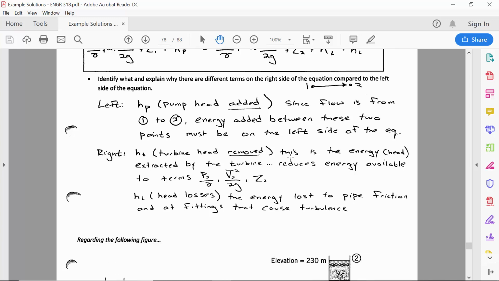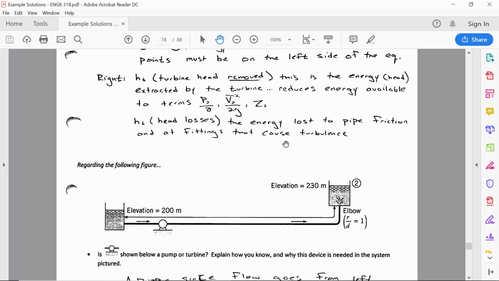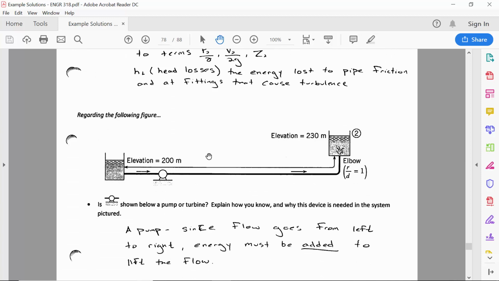Okay, is it a pump or a turbine? How do we know it's a pump? There's an energy loss and an elevation difference. The water can't flow uphill unless something is adding more energy. So it's a pump. Since the flow is going in the direction indicated by the arrow, energy has to be